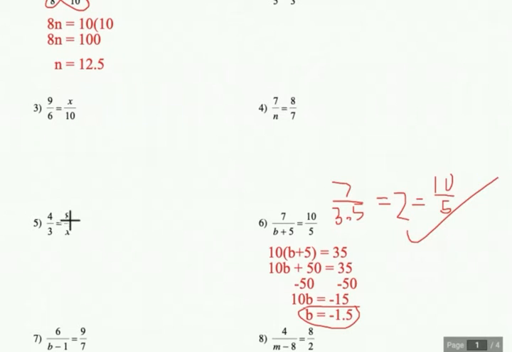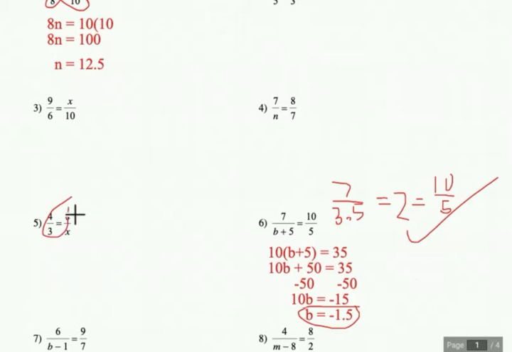4 times 2 would give me 8. So I just multiply the numerator times 2, which is kind of hard to write here, times 2. That's a multiplication sign. So I would have to multiply the denominator by 2 also, and I would get 6. So 4 times 2 is 8, 3 times 2 is 6, and 8/6 does reduce to 4/3. So that's an easy one to figure out just by looking, but if you didn't see it right away,